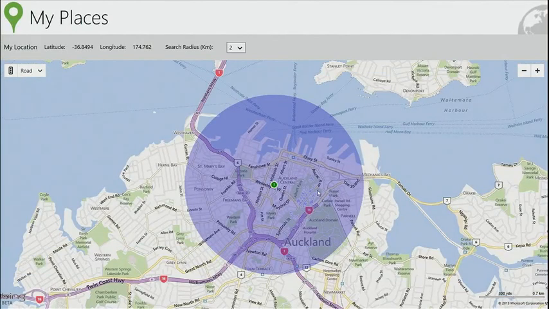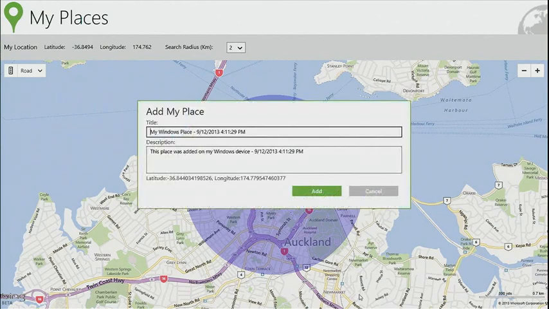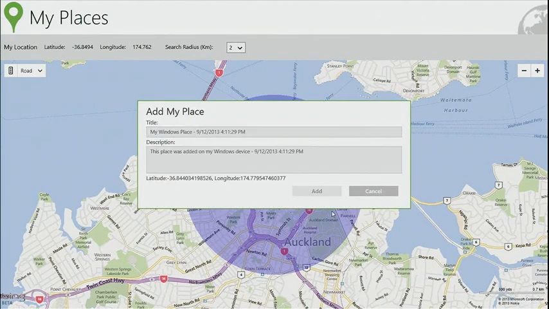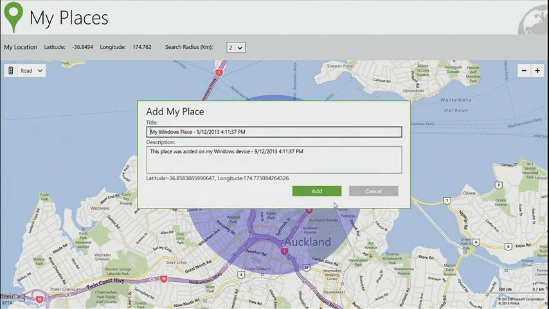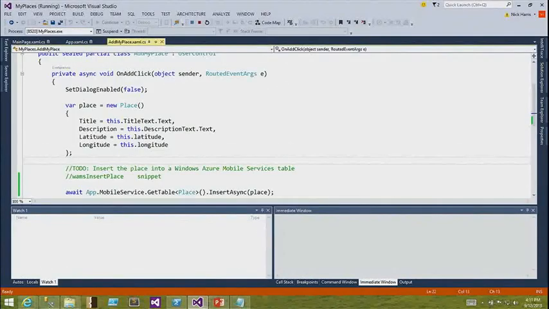I'm surprised I can still speak. And what we can do now is we can add a place. Hopefully I haven't done anything wrong there. That's as expected. And you can see as I'm adding places here, they're actually adding, but I'm not adding them